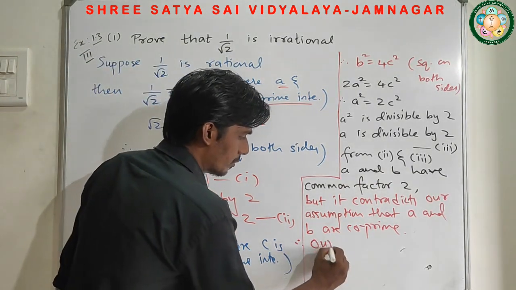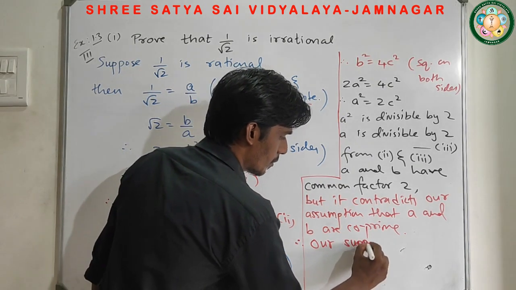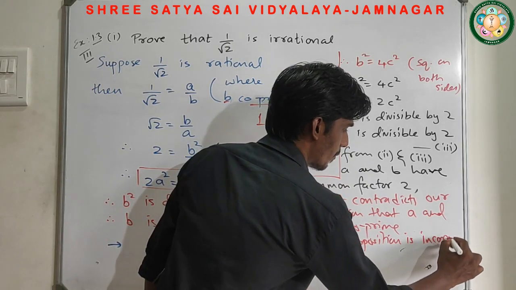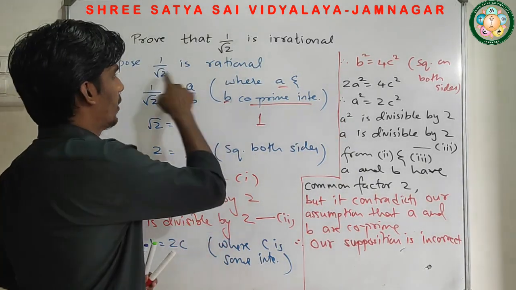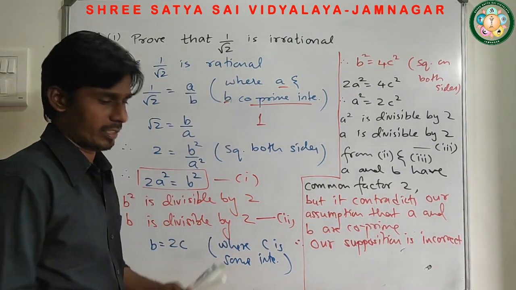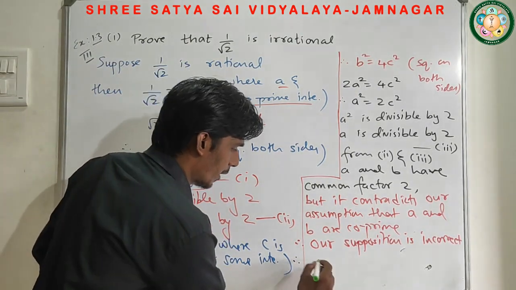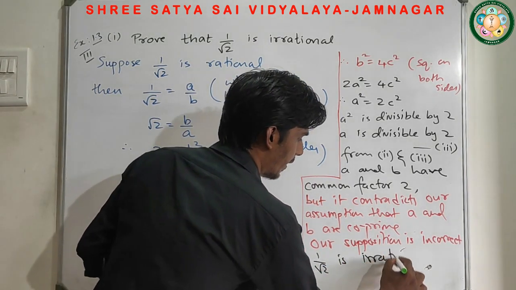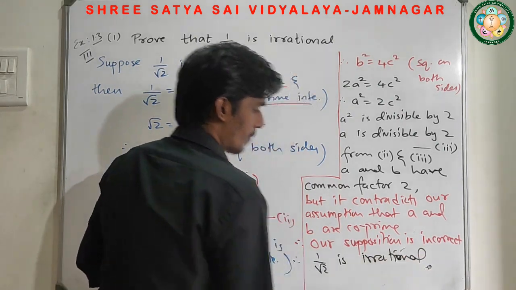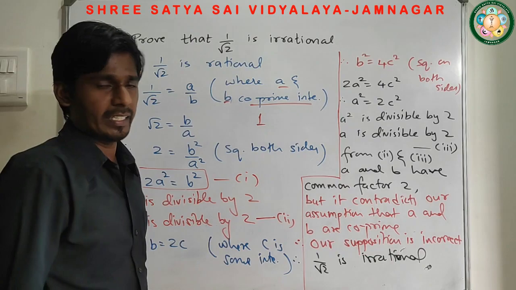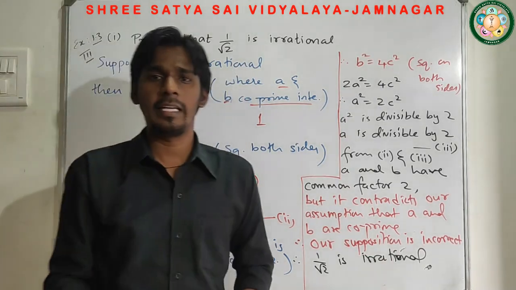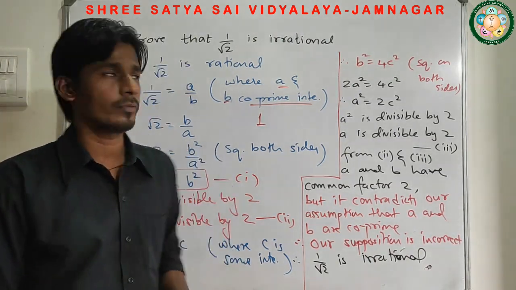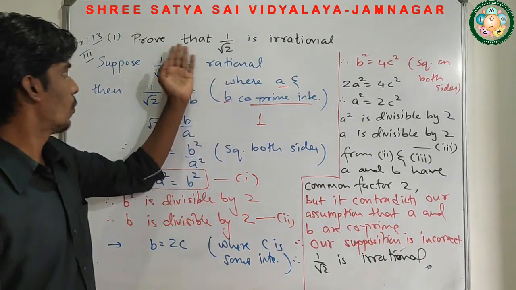Therefore, our supposition is incorrect. What is our supposition? 1 by root 2 is a rational number. So I am going to write therefore 1 by root 2 is an irrational number. 1 by root 2 क्या हो गया? If this statement is incorrect, if this number is not rational, then definitely this number is an irrational number. This is the way we can do the second sum of main question number 3. To prove 1 upon root 2 is